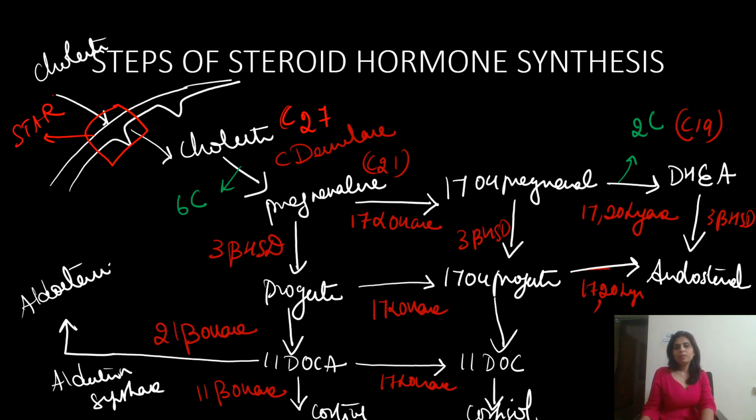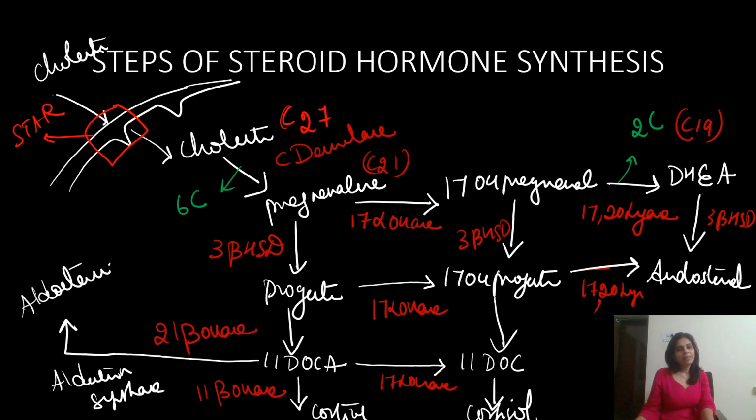Now, pregnenolone is acted upon by 17-alpha hydroxylase. It's converted to 17-hydroxypregnenolone. And when 17,20 lyase removes 2 carbon atoms from 17-hydroxypregnenolone, it becomes DHEA, the first androgen. From a C21 steroid, because you have removed 2 carbon atoms, the product DHEA is a C19 steroid. Now pregnenolone, 17-hydroxypregnenolone and DHEA. Please follow all these steps, because only when you know the sequence of these steps, you will understand features of congenital adrenal hyperplasias.